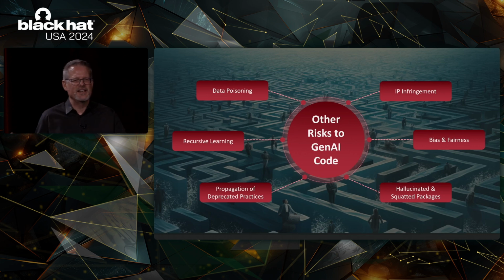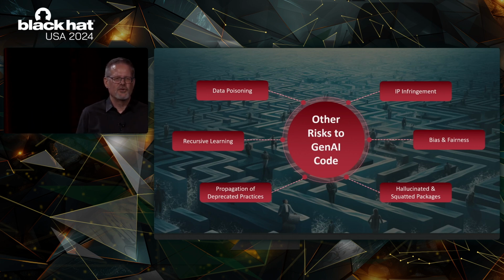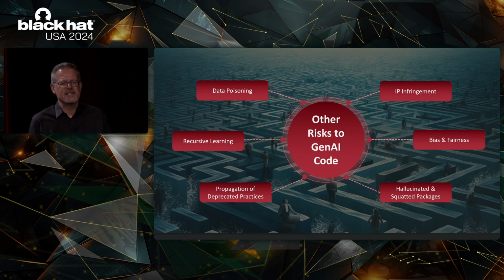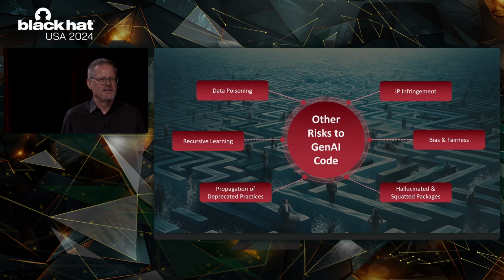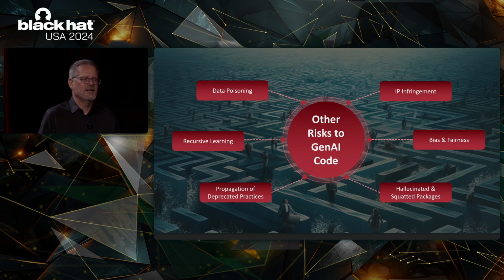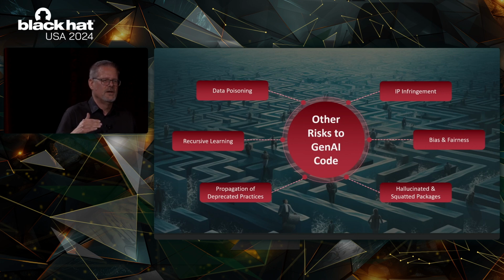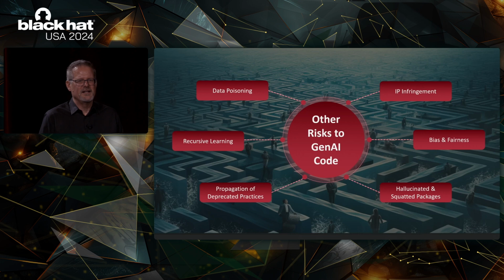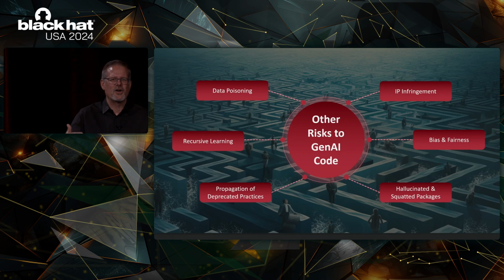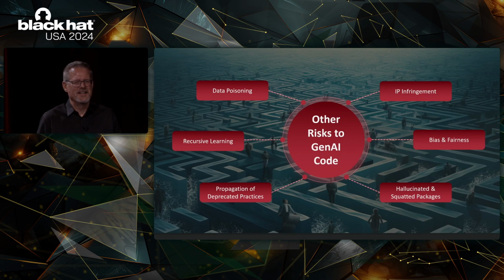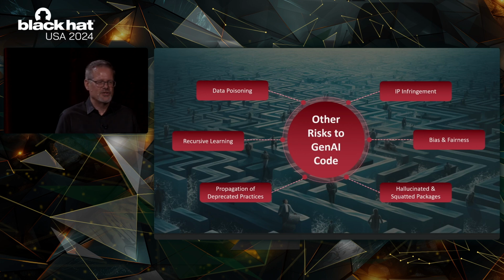So as a percentage of the internet becomes more and more created by these LLMs, and there are hallucinations out there, the new LLMs are just going to learn on that. That same problem is going to come to code that's generated by LLMs, right? That same exact problem. So LLMs that generate code are going to learn from code that was generated by LLMs last year or a few years ago into the future. So this is another thing we have to think about. Maybe we have to mark code: this was generated by an LLM, don't learn from this. I'm not quite sure what the solution to that one is.